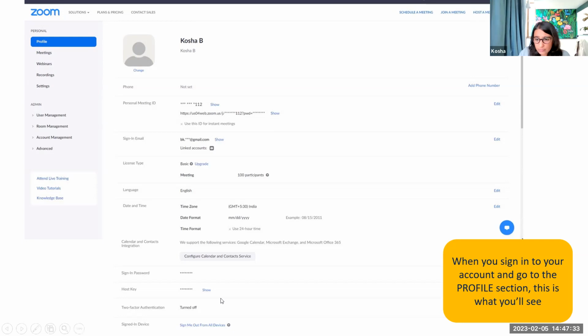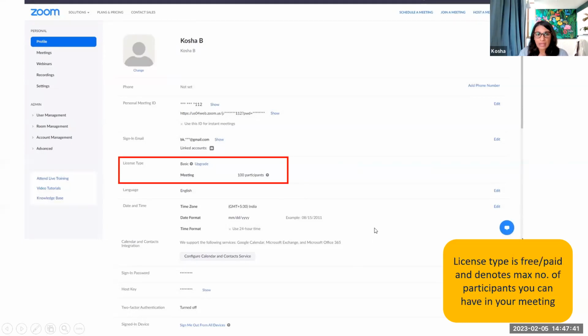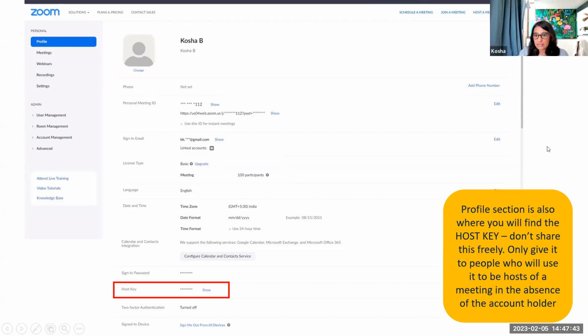So host key is what I was talking about. This is where you will find the host key in the profile area, which is usually hidden. You click on show. So here are the different things. Host key, you have to be very careful who you give this to, because basically they can come into any